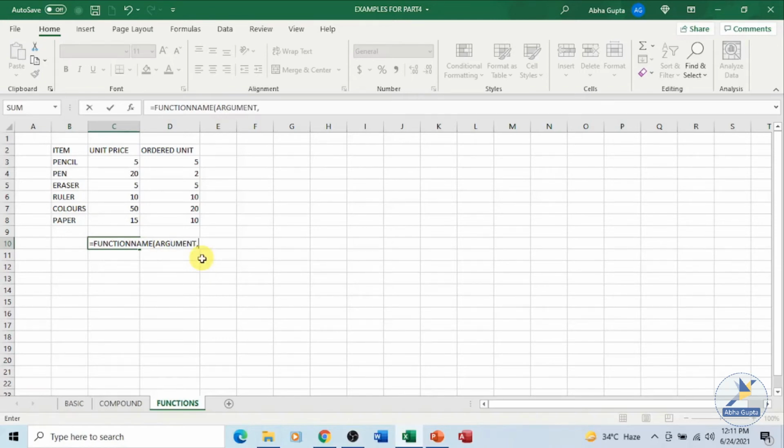If you have another value, let's say this is argument number 1, and you want to supply argument 2, you can separate them with the help of a comma, and so on. An argument can be a single cell address, it can be values, or it can be a cell range. Once you are done supplying the arguments, you have to close the parenthesis. Your function is ready. Press the enter key. So this is the structure of entering a function.